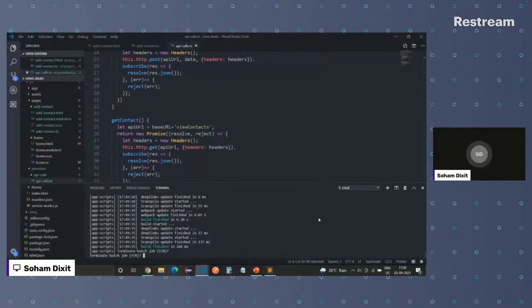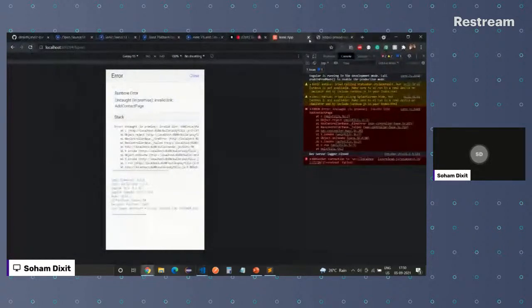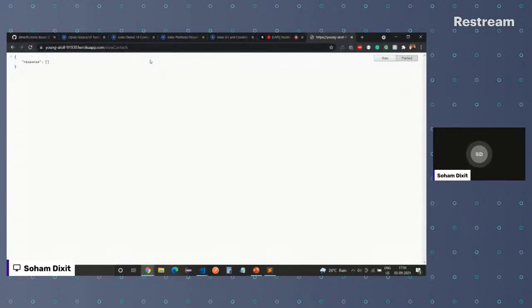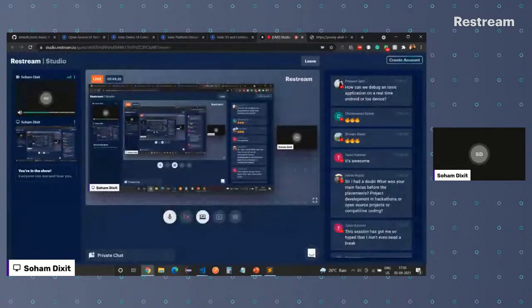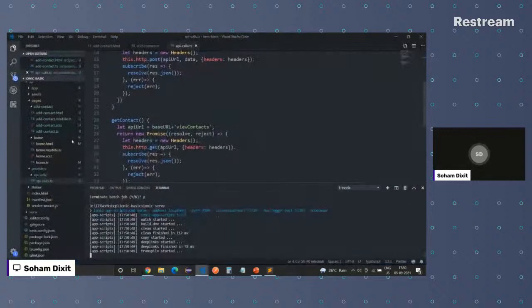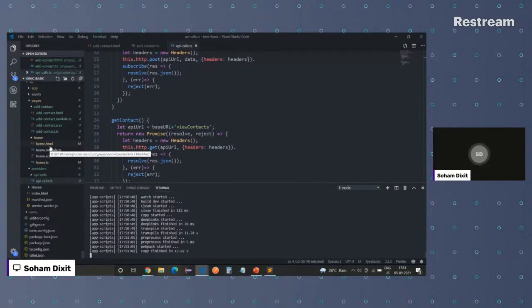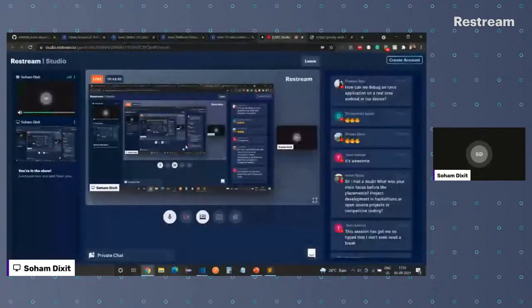Sometimes when you load this app a lot of times, it misbehaves, but it's okay. I'm just restarting the application, and when the user clicks on add a contact, we should see that contact being present as part of this response. The other thing left is just to show the name and the contact number which is getting stored in our database to the user. That's it, and we should be done with that in another 5 minutes.